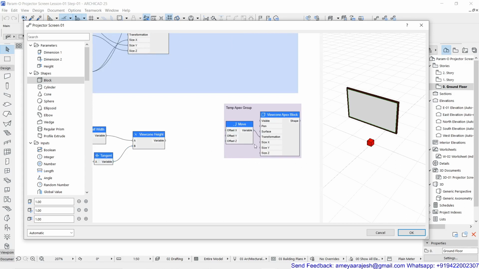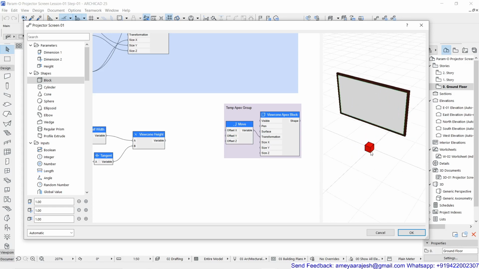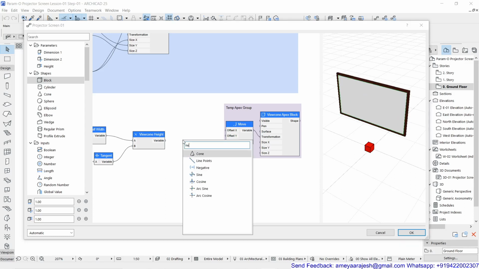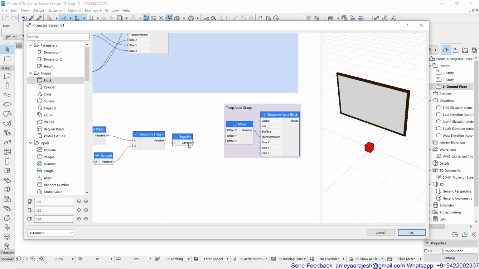Now you know very well that we are expecting this to jump on the negative side, not on the positive side. Positive is upward and negative is downward. So I have to make sure that I use a conversion in between. The height which I have computed will be converted to a negative, and that I am going to apply for the y offset.